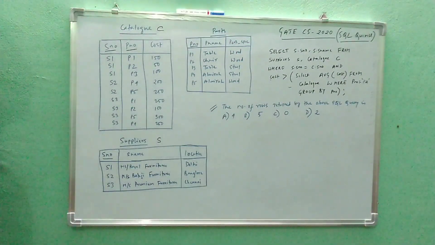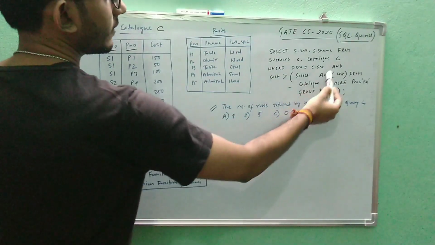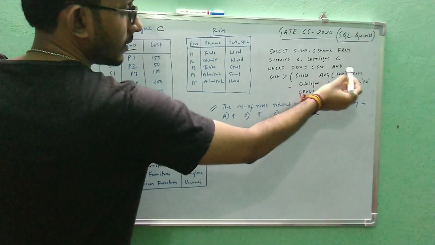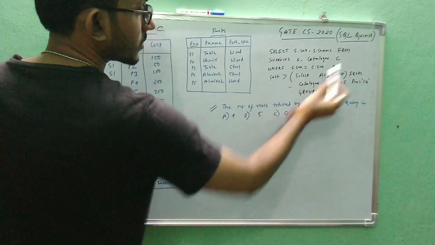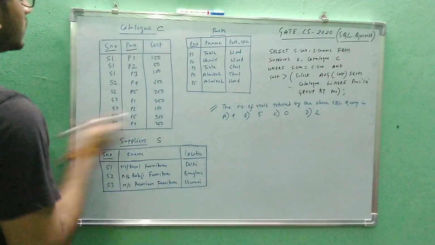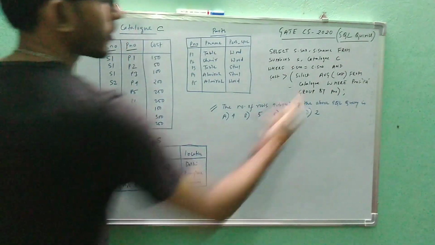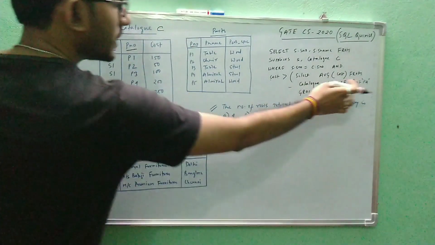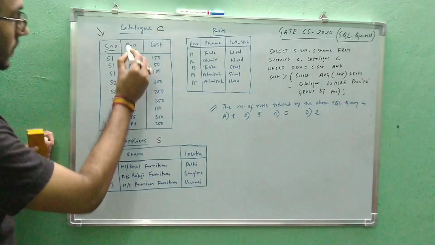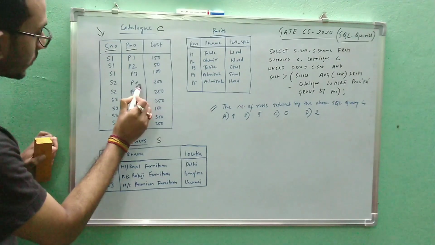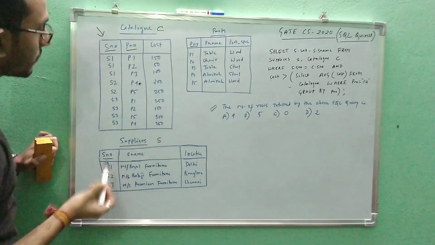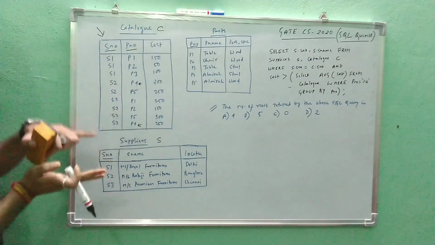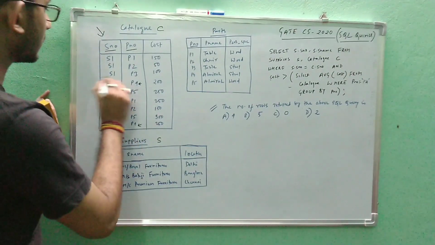So what is told in the query is: select average cost from catalog. What will we execute first? We'll execute this from first. So from catalog, we'll come into this table, where P number is equal to P4. So P number is equal to P4, which are the only rows? This is the row, P number is equal to P4, and P number is equal to P4. So we have selected out the rows first. These are the only two rows.